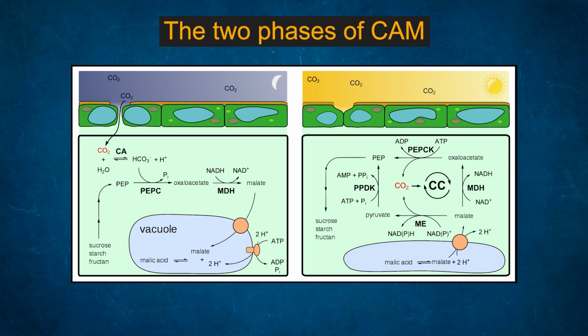It remains inside the vacuole, and then during daytime this malic acid again will come out of the vacuole, and by the malic enzyme or malic dehydrogenase or malic reductase it will be converted to pyruvate, and this pyruvate will get the phosphate from ATP and be converted to phosphoenol pyruvate, and this phosphoenol pyruvate under the action of PEP carboxykinase again will give oxaloacetic acid, and that will be converted to malate again, and this way the